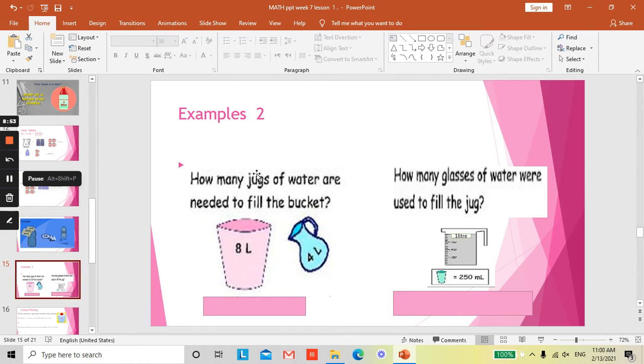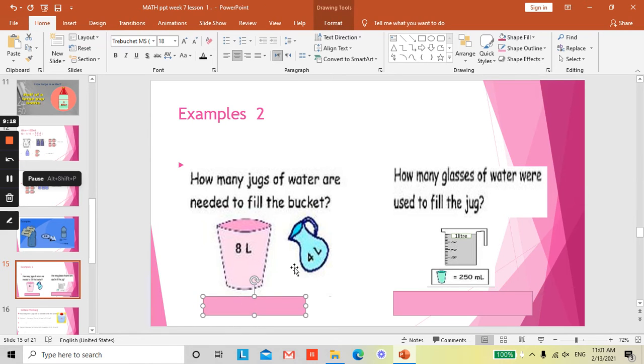We have example 2 here. How many jugs of water are needed to fill the bucket? This bucket is 8 liters and this jug is 4 liters. So how many jugs are needed to fill the 8 liters? We are going to have 4 liters plus 4 liters